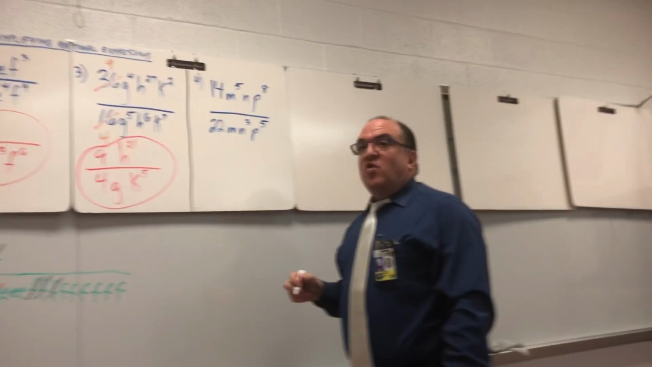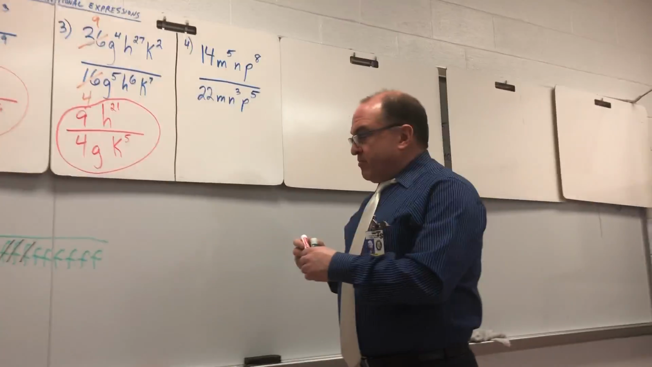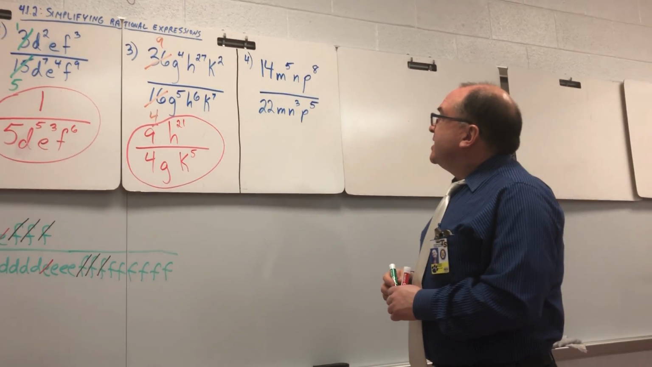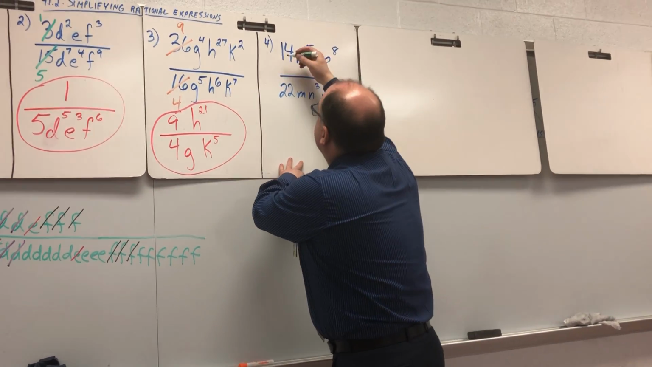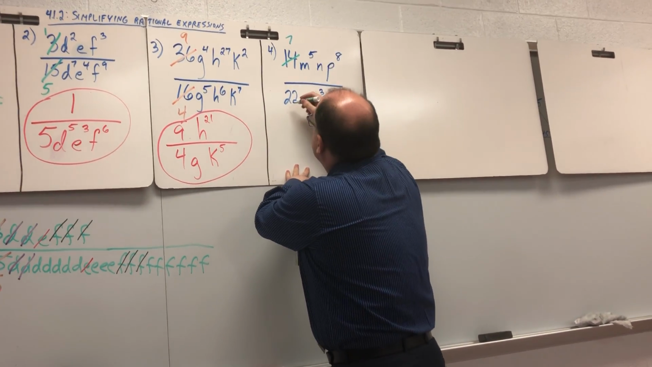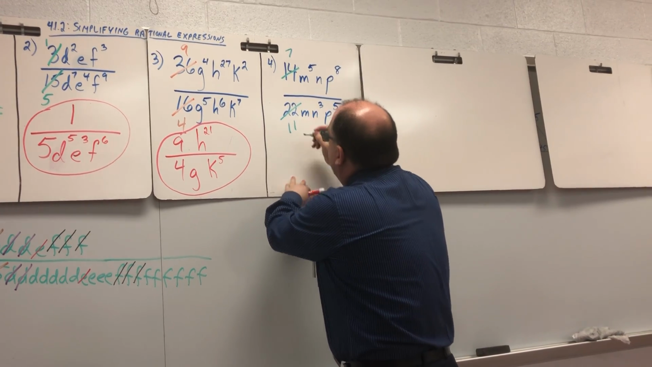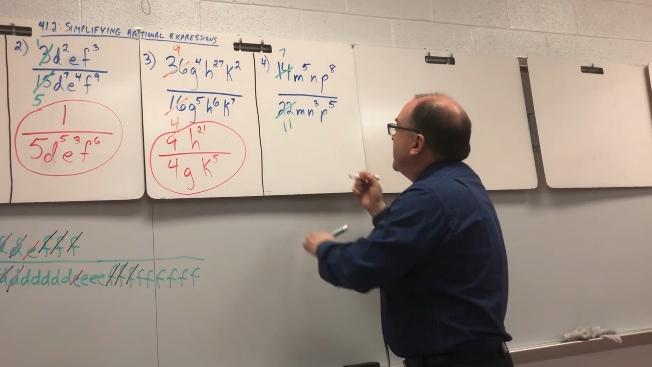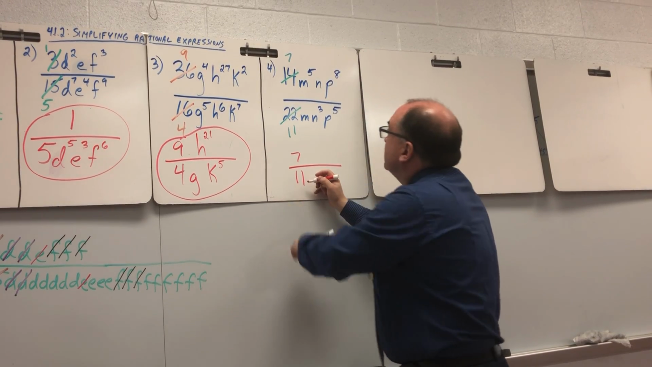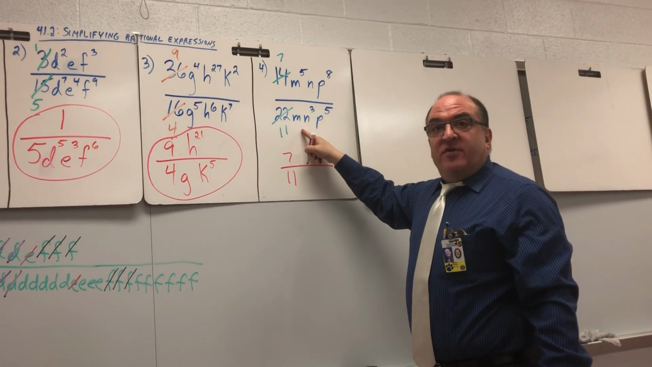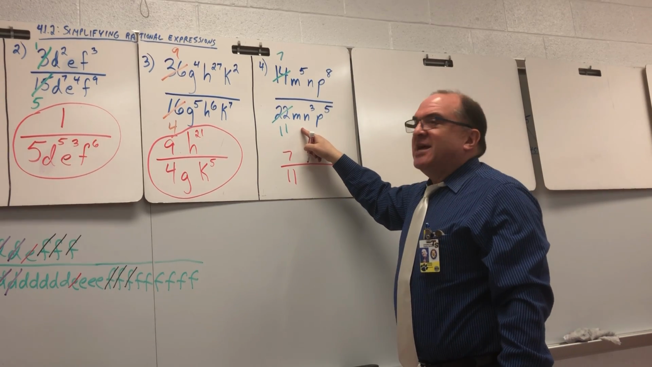Over here, 14 and 22. What number goes into both 14 and 22? 2. 2 goes into 14 7 times. 2 goes into 22 11 times. So you have 7 over 11. M to the fifth over m to the fourth, and m to the first leaves you with